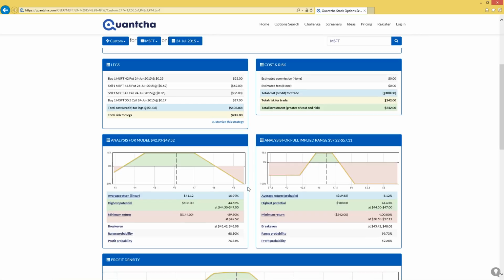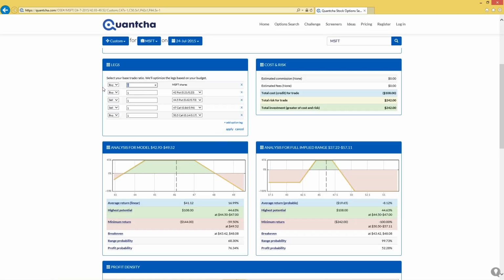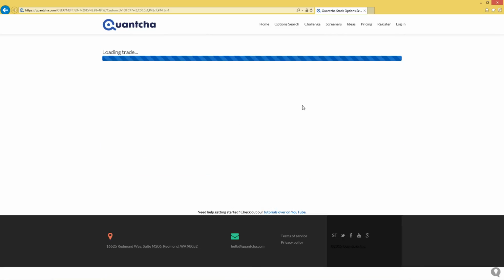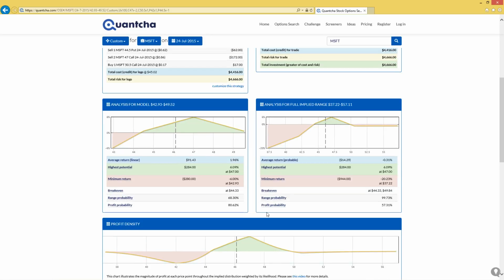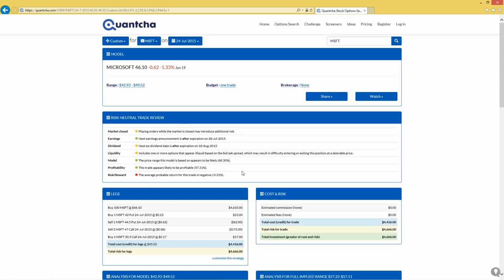So when we apply that, we can see that the chart actually looks a little bit different now, and we can see that the range gives us a little more room for downside movement to stay profitable. And maybe as part of this, I say, yeah, I'll do that, but I'll also buy 100 shares, and instead I'm going to sell, maybe I'll sell 2 of these calls. So I'm going to buy these shares, then cover it, or whatever. I'm just proving the point here that you can get into all kinds of neat and interesting scenarios, really to do whatever it is that you want to do to find the trade that fits for your particular